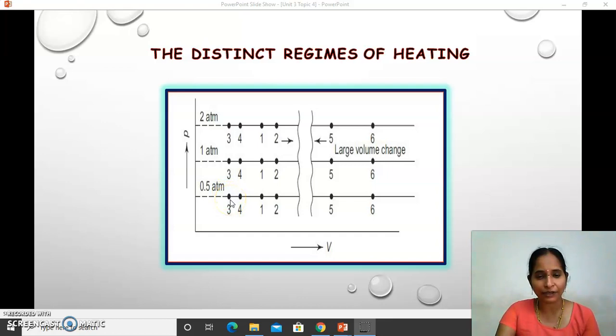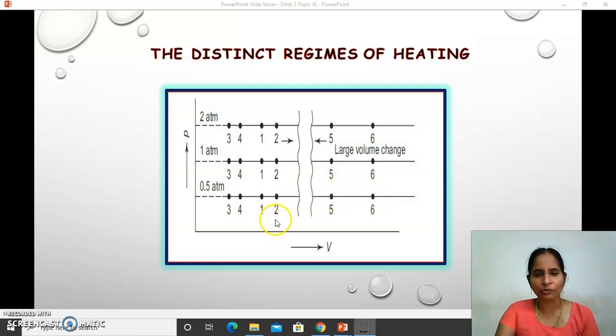And again, continuously as you supply heat, from 3 to 4 the water is absorbing the heat and no phase change occurs. At state 4, at constant pressure and constant temperature, by taking the latent heat of vaporization, all the water is converted into water vapor, right? 4 to 5 is the conversion. Then continuous heating is supplied and the temperature increases, and 5 to 6 superheating takes place, right?